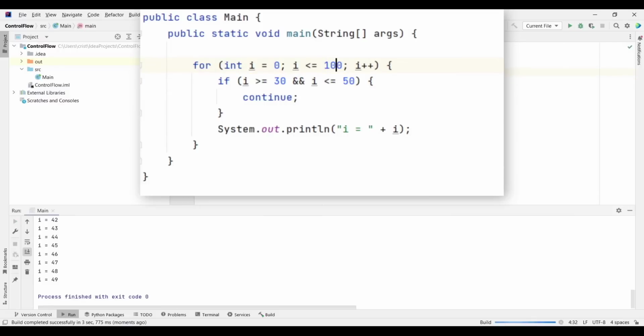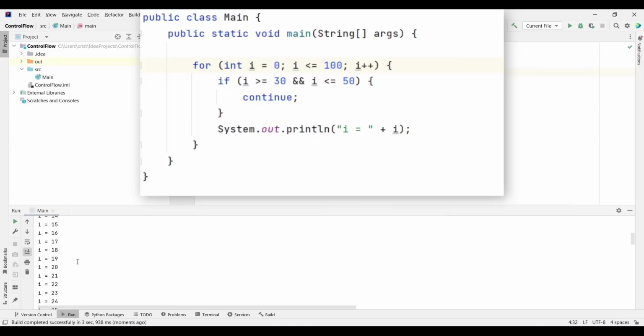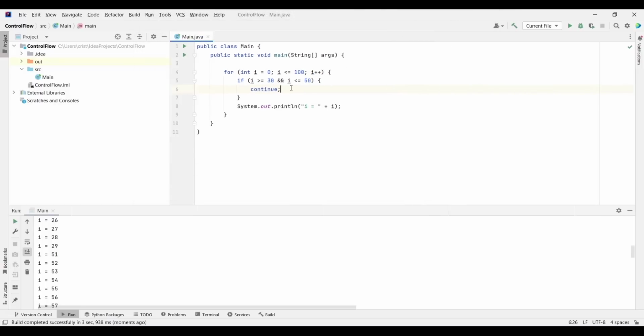So now if I run this, we get our numbers, and when it reaches 30, as you can see, it's keeping all the numbers, and then it continues from the 50 because this is the condition that we put here. And now this illustrates better how continue works. So continue is skipping the code. It's not stopping the loop like break does. So I'm going to end this video now and see you in the next video.